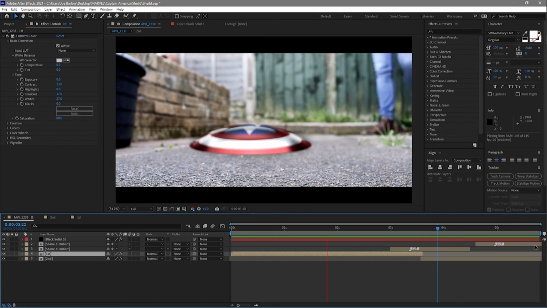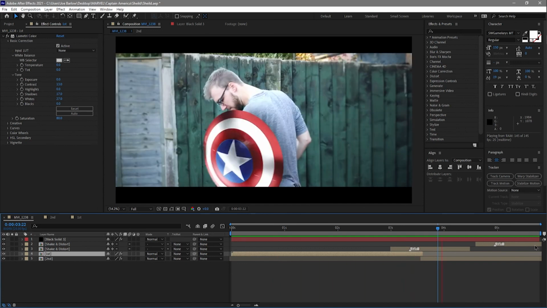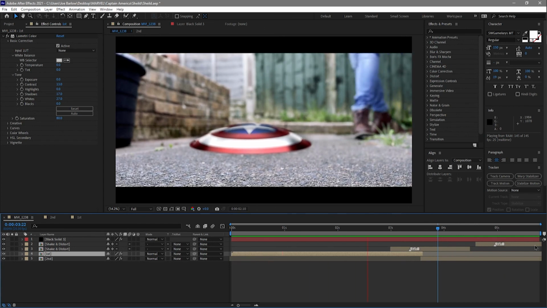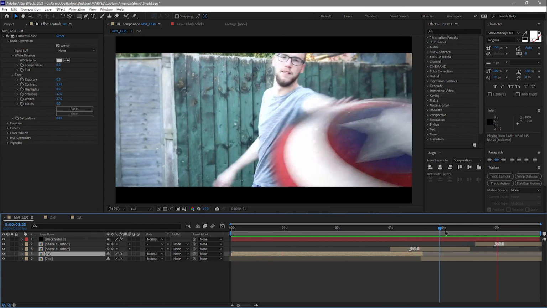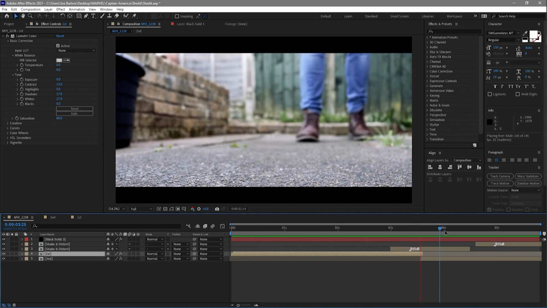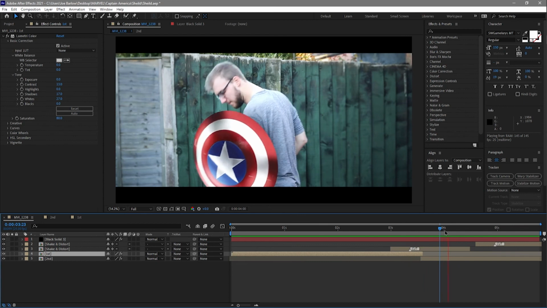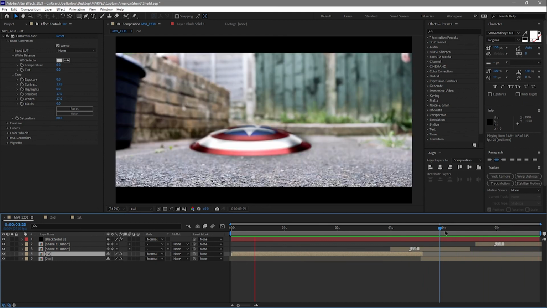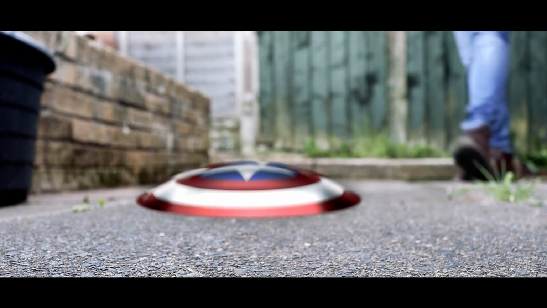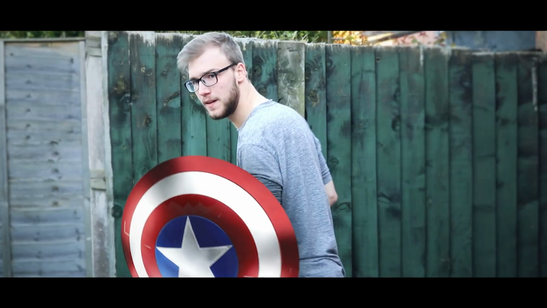It's a pretty short one, this, but it is a very simple effect to do. I think the main thing about this is making sure the shield looks real and not like a cartoon just dropped on top. Having that 3D depth to the shield really helps sell that it's a real physical thing and not something just dropped on afterwards. So yeah, as I mentioned, a very simple short effect, but I am pretty happy with the results. And that was my attempt at recreating some of Cap's shield effects from the Captain America series.